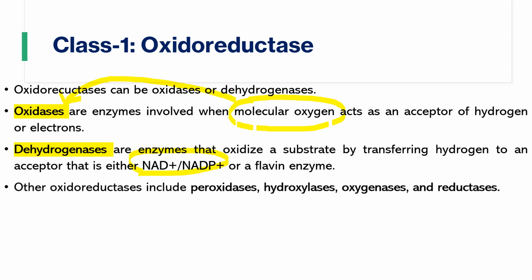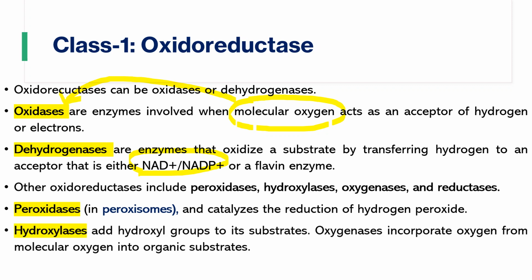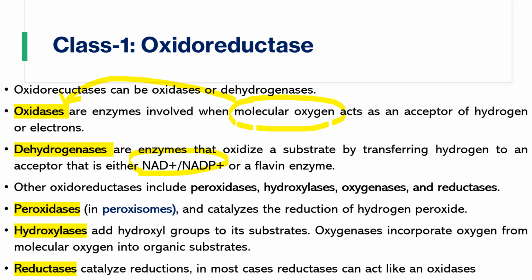Other oxidoreductases are also named peroxidases, hydroxylases, oxygenases or reductases. These are some of the other oxidoreductase enzymes. Peroxidases, which are normally present in the peroxisomes, catalyze the reduction of hydrogen peroxide. Hydroxylases add a hydroxyl group into the substance. Oxygenases incorporate oxygen from molecular oxygen into organic substances. And reductases catalyze reduction, though in most cases a reductase acts like an oxidase. So these are the different types of